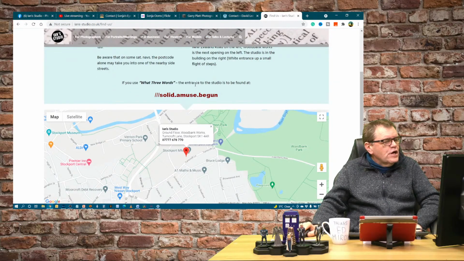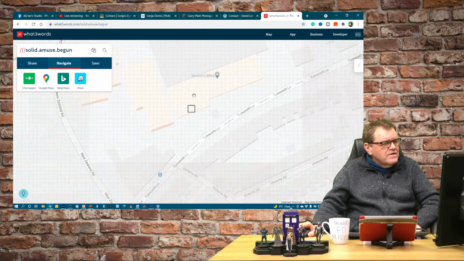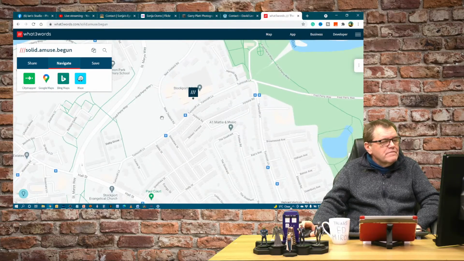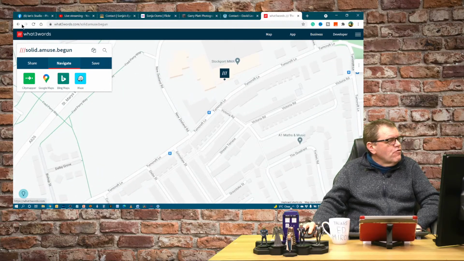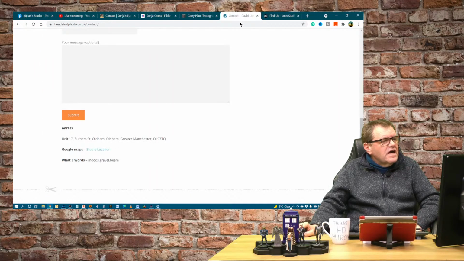One of the things I've done is I've put it as a link on the What3Words. So if I click on that, it goes straight to the map showing where I am on there. So just a thought on that, make it clickable.